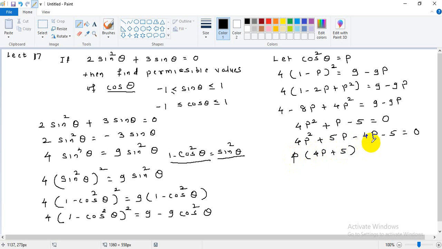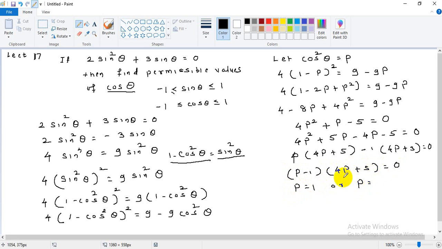Okay, and here I can take minus 1 common, so it will be 4p plus 5 equal to 0. So what does that mean? It means p minus 1 is one factor, and 4p plus 5 is another factor. So this is 0. So that gives you p is equal to 1 or